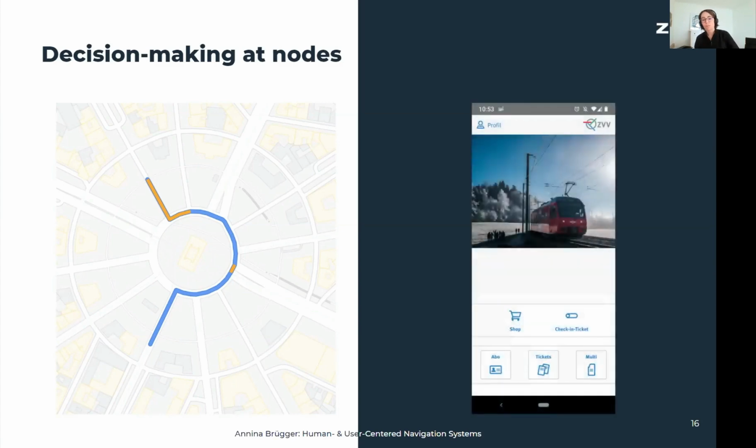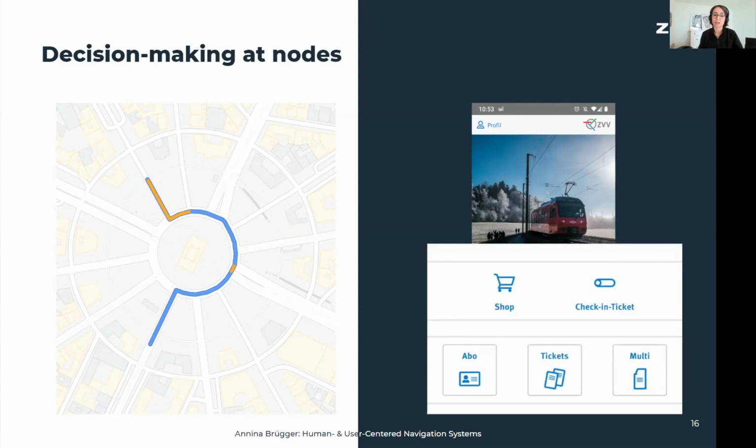The same goes for an application from Zurich Transport. This is an app to buy a ticket. So if my use case is to buy a ticket, this interface here, which I'm going to enlarge a bit so that you can read it, is not very clear. So a shop, maybe I get a ticket there as well. There are check-in tickets, then an abonnement, which is a specific type of ticket. Then there are tickets, and a multi-ticket is a thing here in Zurich where you have several tickets on one ticket. So this node is difficult for me as a user, as all options could lead me to the destination of getting a